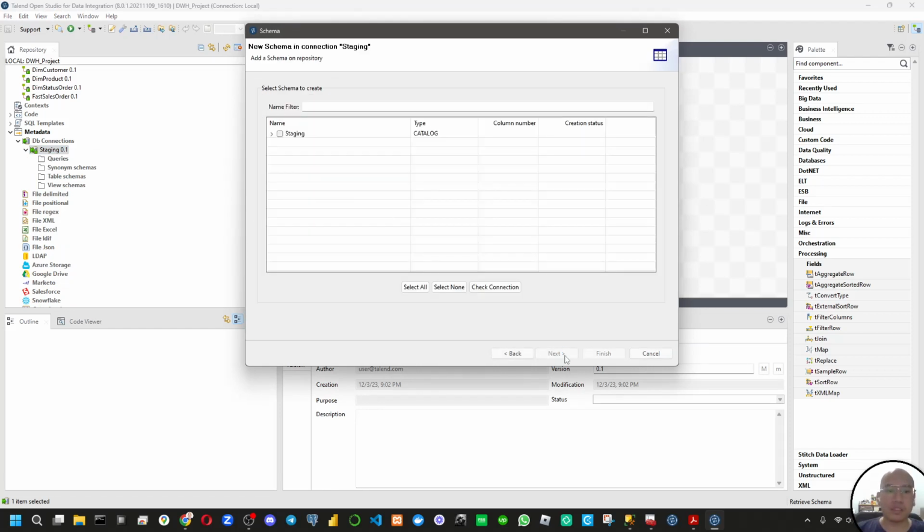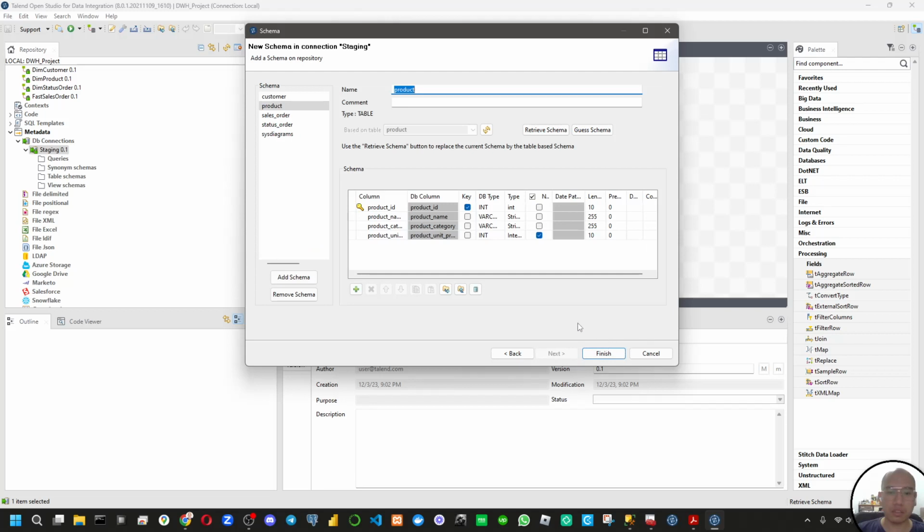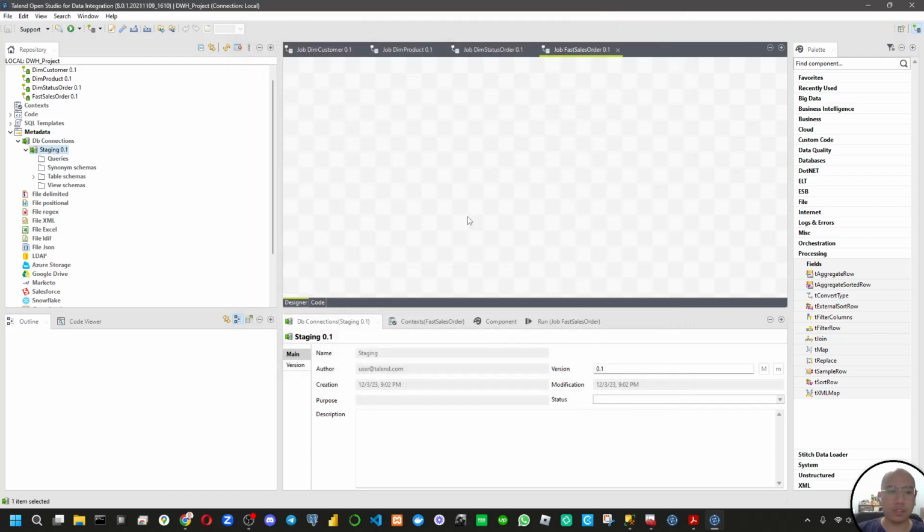Click next, expand this one, and then we go to the DBO. These are the tables we have in the schema and the staging database. We click all, and then next. Okay, you just check the table names, and we click finish.